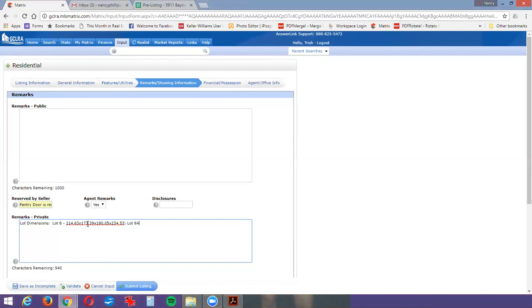Lot 8A. There we go. And then here we'll put flooring,